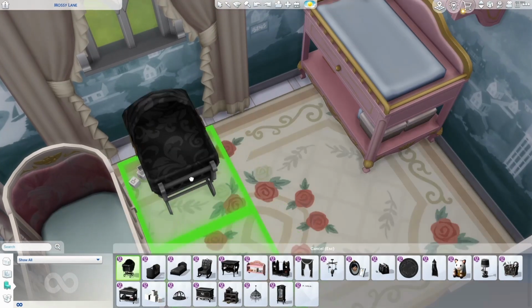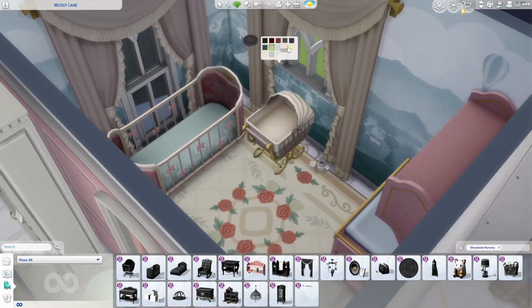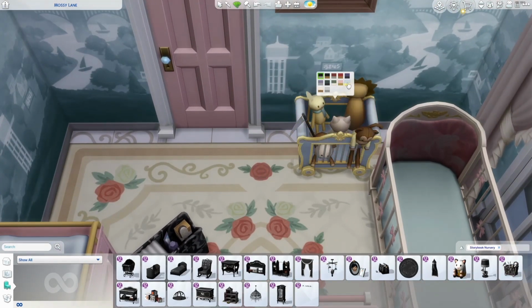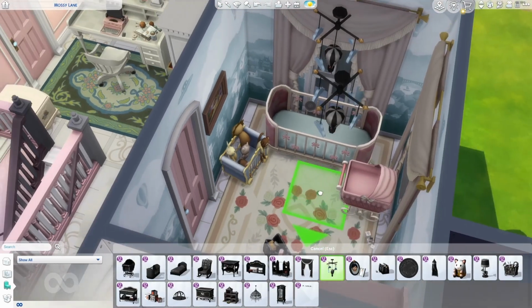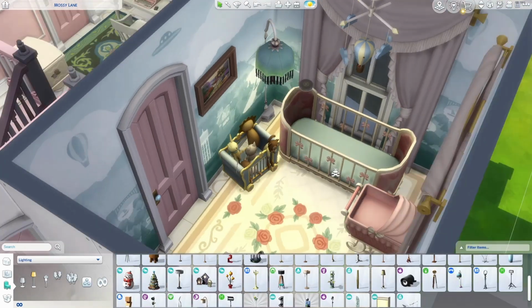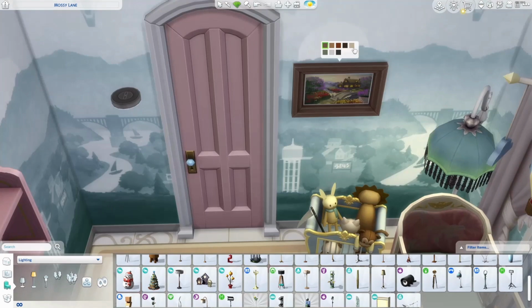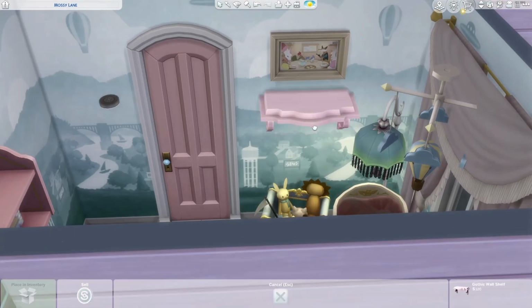I have an actual toy chest in the hallway, but I decided to have this fake one in here. It's just decorative, and I also decided to have the bassinet in case you were going to play with a newborn. So there's space for the crib and the bassinet, and then when the baby grows up, there's still enough space for a toddler bed, and then it can also become a single bed with no problem. So I thought that was very useful,